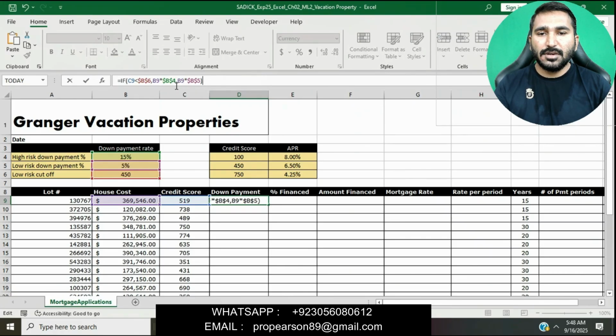You can see here, first I have entered the IF function: C9 is the credit score, less than B6. B6 is the low risk cutoff. Multiplying by B4 is the high risk down payment, and B9 is the house cost, multiplying by B5. B5 is the low risk down payment.